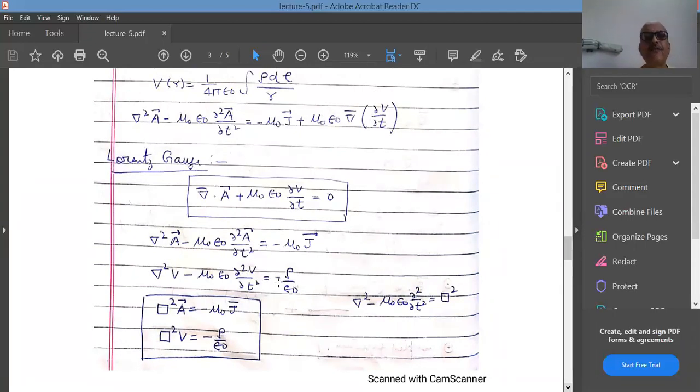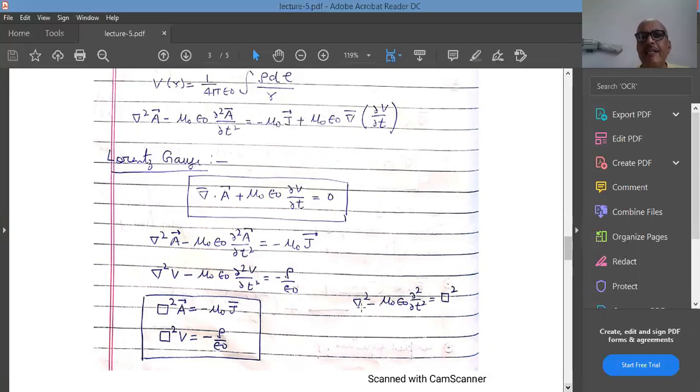So in total there are four equations, three for the vector potential and one for the scalar potential. And if we recall now, this del square here is del square over del x square plus del square over del y square plus del square over del z square. Mu naught epsilon naught can be written as 1 upon c square. So we can write the fourth coordinate as del over del of ict square. Basically, it is the fourth dimension according to the Lorentz transformation.